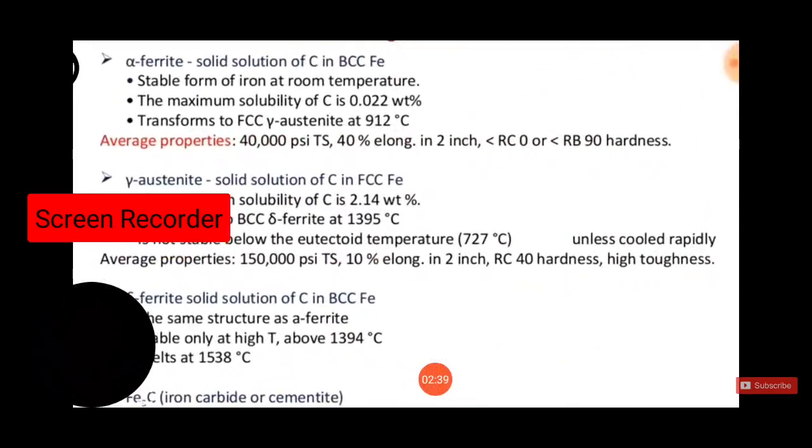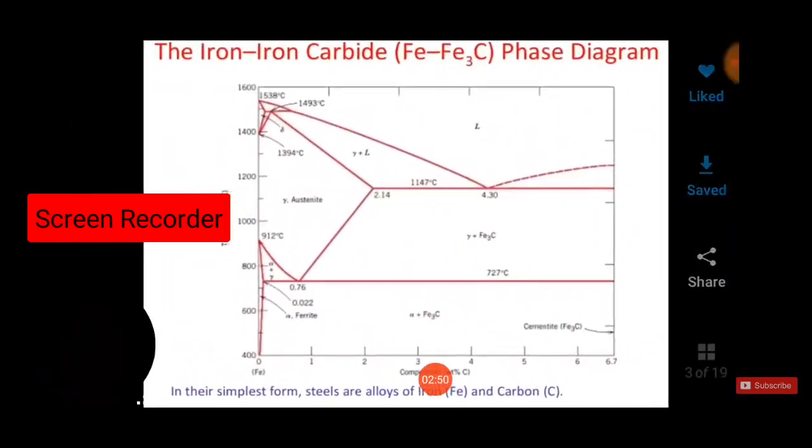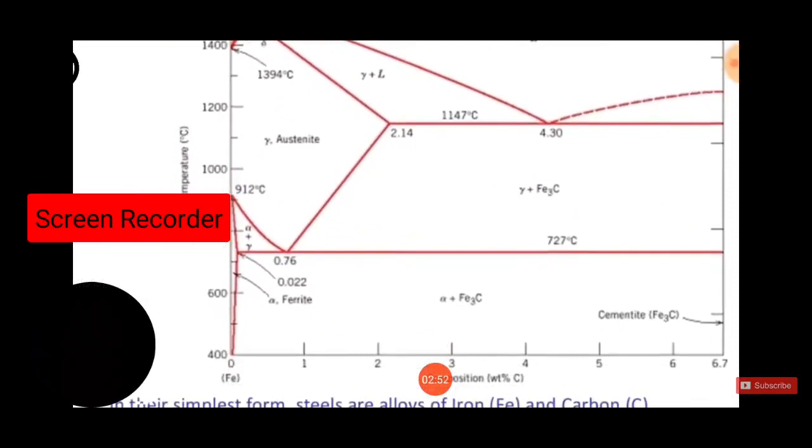and it transforms to FCC phase gamma austenite at 912 degrees Celsius with the composition of 0.022 carbon, and when heating the